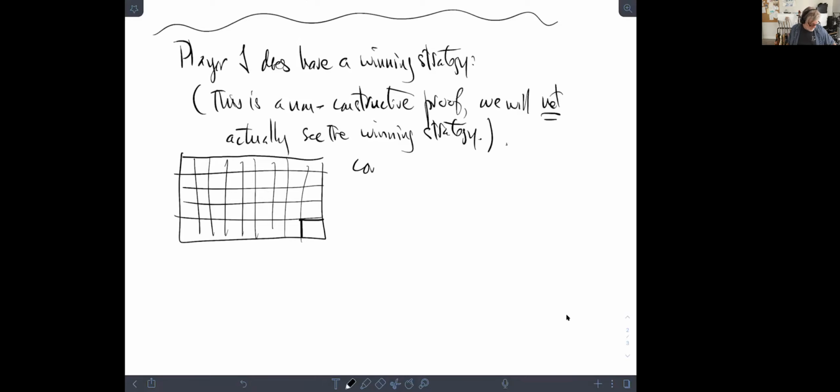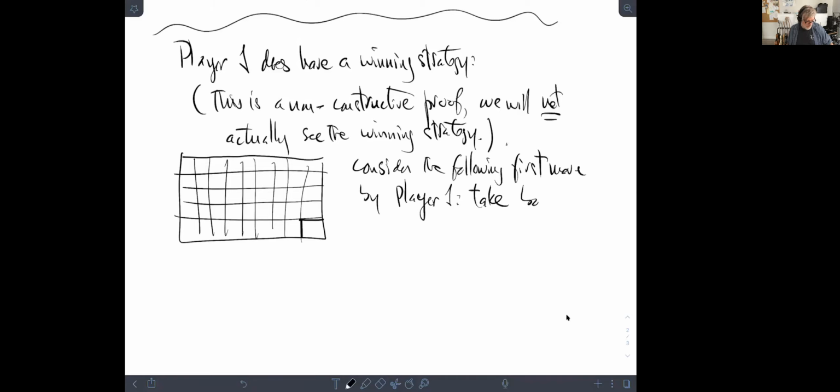Okay, so consider the following first move by player one. So take bottom right cookie. Okay. There are two possibilities. So case one,